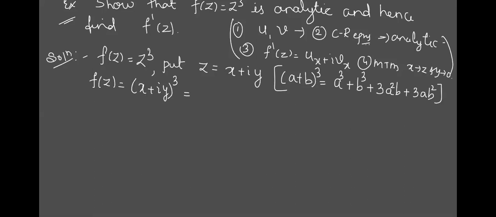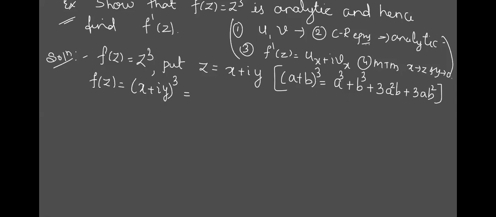3ab square. Yeah. If the power is 2, you will get 3 terms. If you remember, a plus b the whole square contains 3 terms: a square plus b square plus 2ab. So similarly, if the power is 3, you will get 4 terms. Can you tell me if the power is n, how many terms will you get? If a plus b raised to n is there, how many terms will you get for the expansion? n plus 1 terms. So they may ask like with the power 4, 5 like that. So at that time you should write it properly.